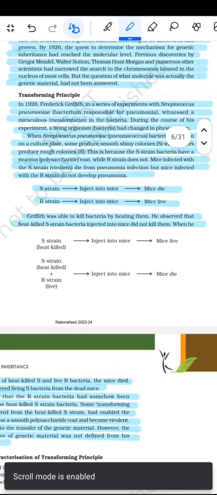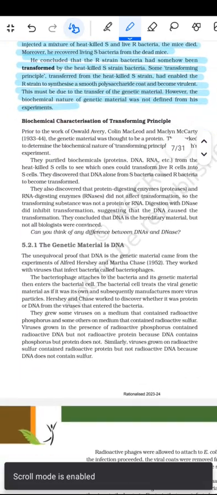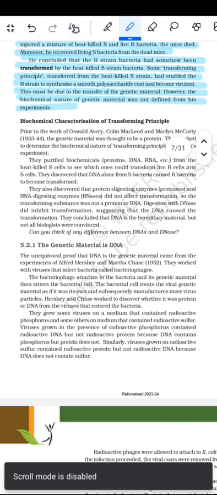तो हीट किल्ड S-strain को इंजेक्ट इनटू माइस में तो माइस लाइव रहा, लेकिन हीट किल्ड S-strain और R-strain जो कि लाइव है, इंजेक्ट इनटू माइस में तो माइस जो है वो डाई हो गया। फिर आता है बायोकेमिकल कैरेक्टराइजेशन ऑफ द ट्रांसफॉर्मिंग प्रिंसिपल।